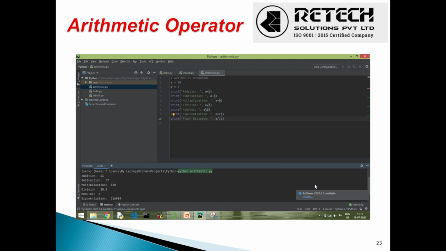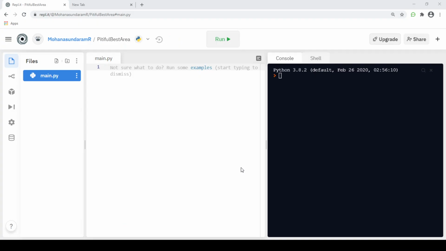Now we will see a little bit of coding using arithmetic operators. I am using Replit, which is an online code editor. It's openly free, and you can use your own editor or your own IDE for sure.